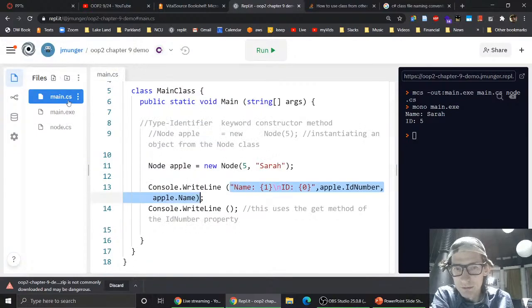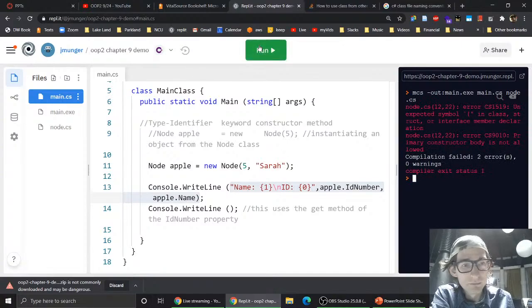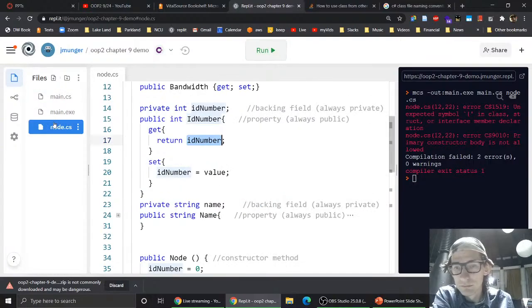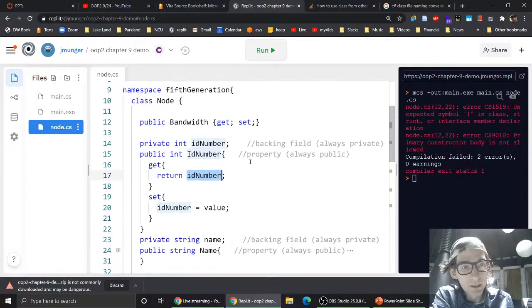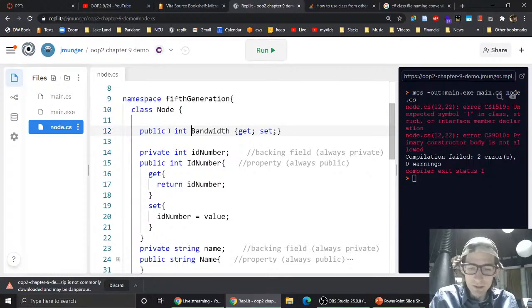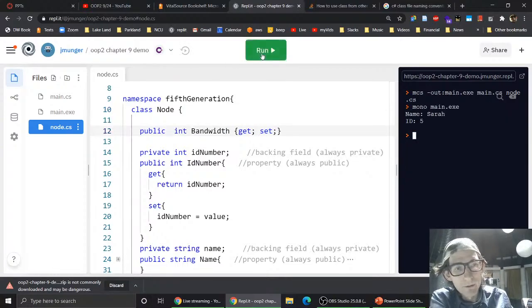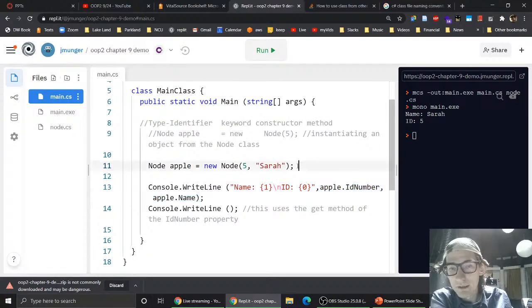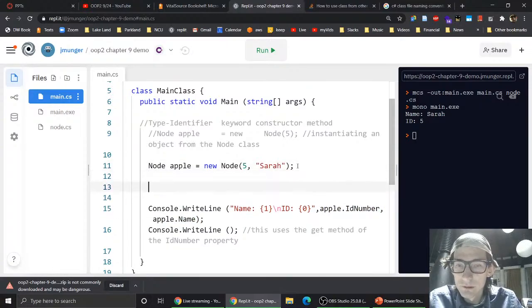And so now that we have that, on line 12 of node. Oh, I forgot to give it a type. I always do that. So we'll give this int. There we go. Okay. And so now, if we want to set that value, so we're creating this node, it's